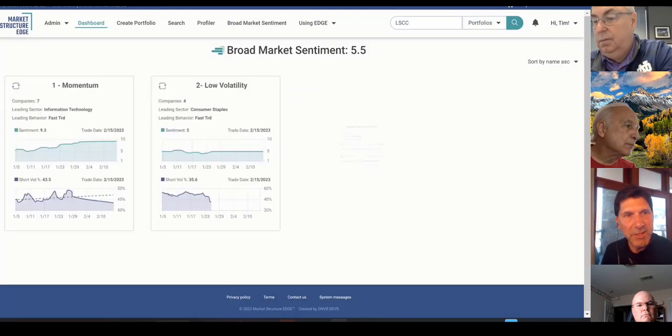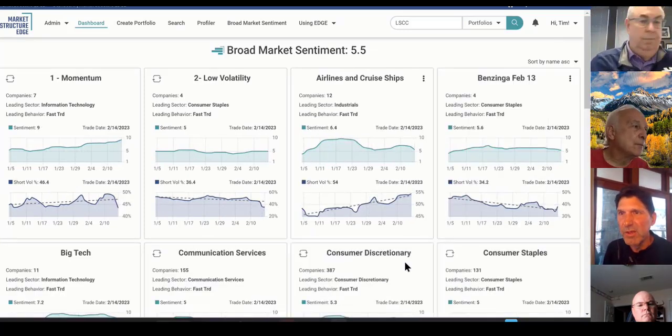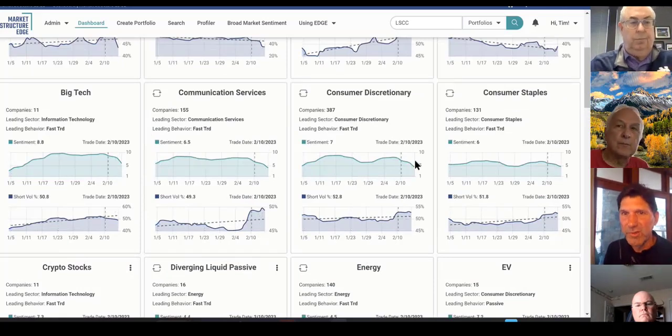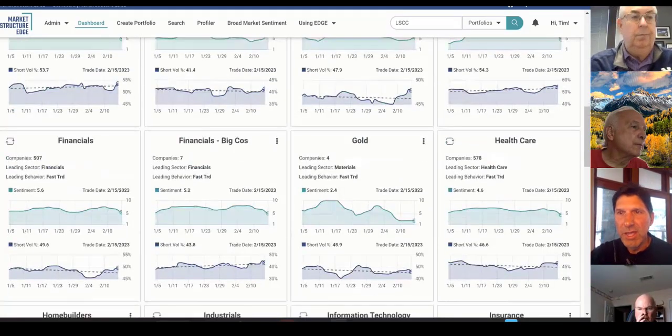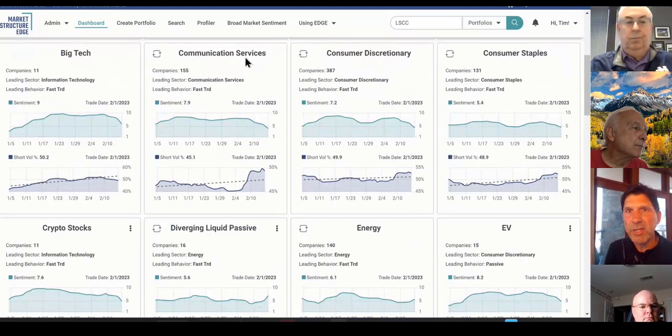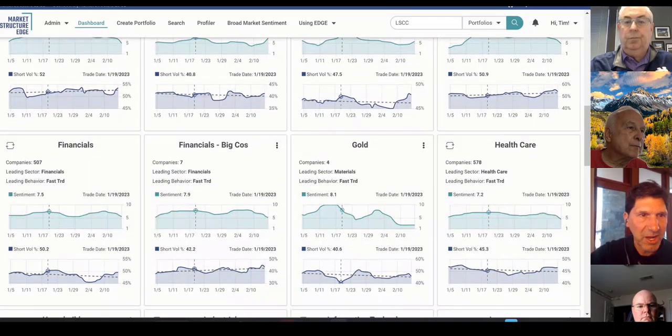If you look at the supply demand equation in the market, look, it's not great. Look at airlines and cruise ships. Not good. Communication services, woeful. Consumer discretionary, woeful. Consumer staples, woeful. That's going to catch up to the market, because you put these together. How much of the market? I mean, each of these are about 12%, thereabouts, I think. So then if you add in financials, not great.